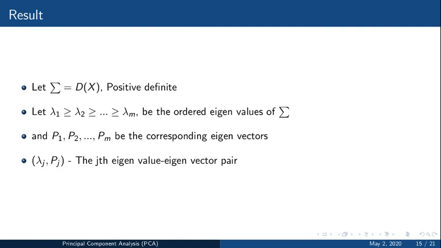Corresponding to the eigenvalues, we can define the eigenvectors p1, p2, etc., pm. Then (lambda j, pj) is the jth eigenvalue-eigenvector pair.